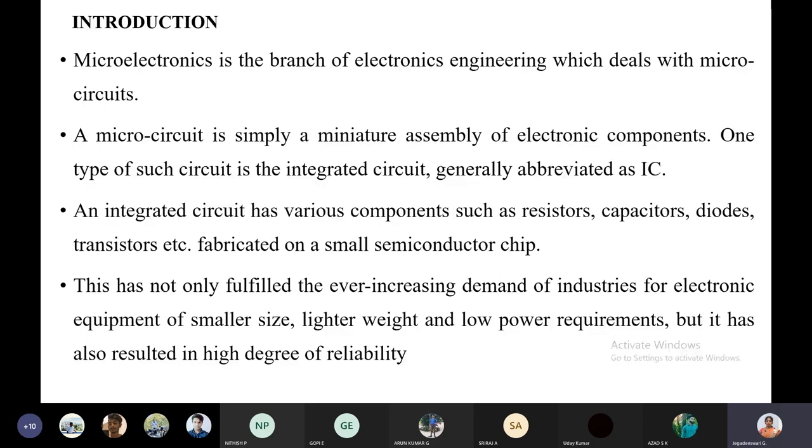In the name integrated circuit, IC, itself we can understand 'together', which means I'm making two components together. I'm joining two components. I'm linking two components. That is nothing but IC. So in the IC, what I'm doing is just joining, linking the various components in a single chip, a single semiconductor chip. That is nothing but IC. So this is the simple definition.